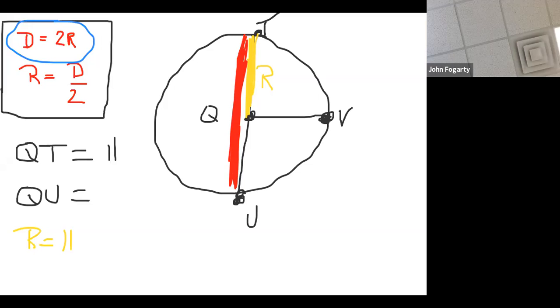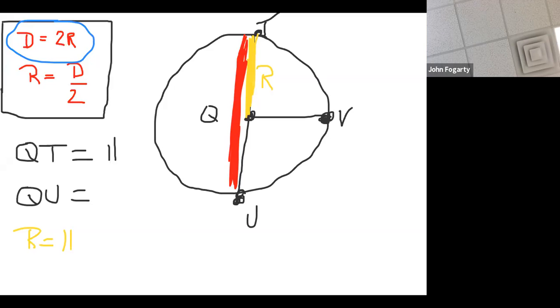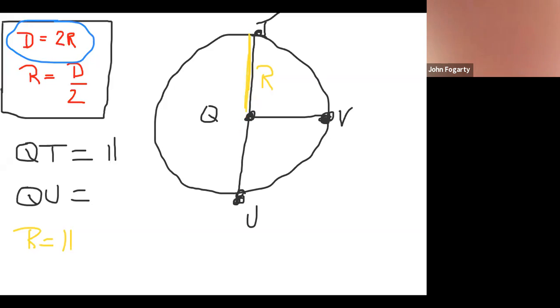So if QT is 11, what's QU? 5.5. No, I made a mistake here, fellas. QU. 11. Yeah. So this is QT,